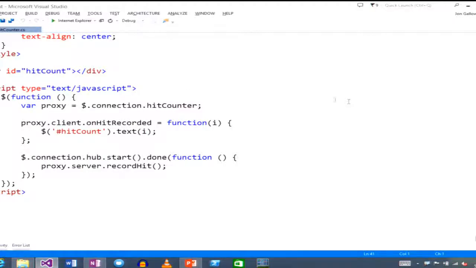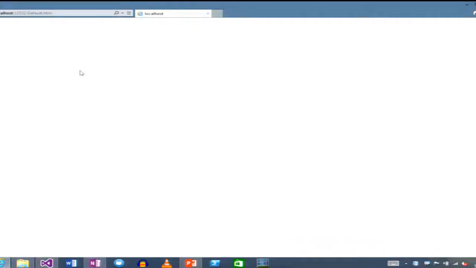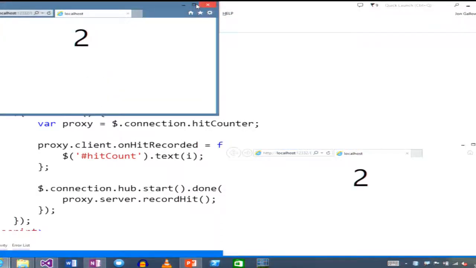Okay? So what we've got is a div that's a hit counter. And what's going to happen is we've got this hub sitting here listening on the server, and every time a client connects, we're going to keep track. Another person connected, another person connected. And we're just going to keep raising that count. So let's actually run this real quick and see what this looks like. Okay, there's 1, 2, 3,